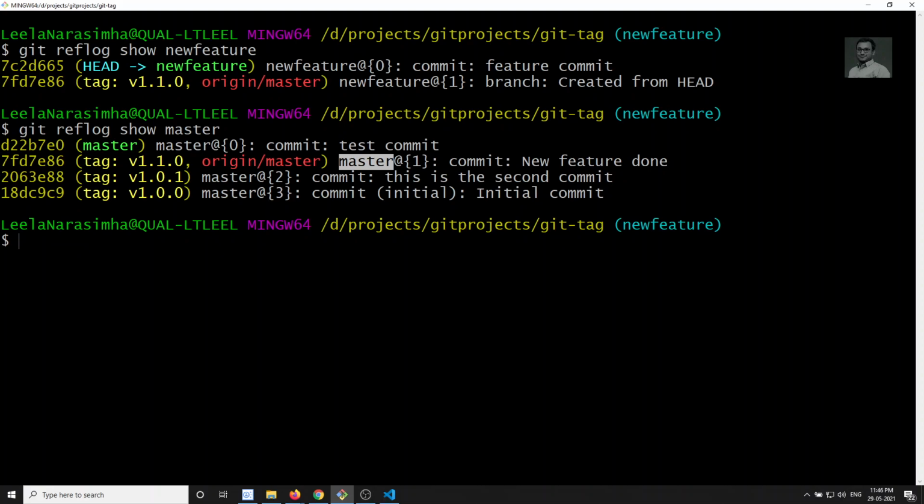Okay, so this is how we will be using the reflog. Now, the use of this reflog is, whenever you are lost in the commits and you want to get the old commits or something like that, you can use this reflog and use the particular hash and you can get back the data. All the commits, every action, every activity you have done in this repository, you will be able to find in these reflogs. Okay, hope you understood the concept of reflogs and how we can see the reflogs also. HEAD we can see, or a particular branch also we can see.